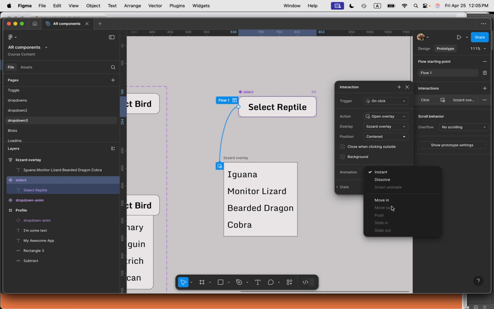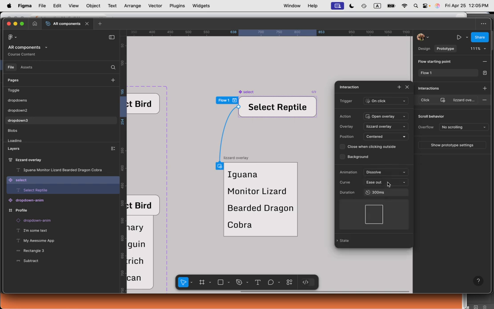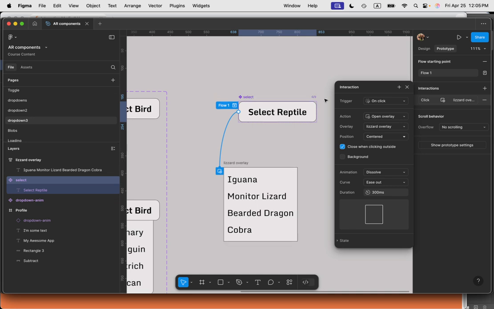So maybe future video. So I'm just going to say dissolve. And sure, I'll just do the default. Close when clicking is always kind of handy. We don't need a background because that would basically allow us to kind of gray out the rest of the screen. We don't really need that since this is supposed to be a drop down,